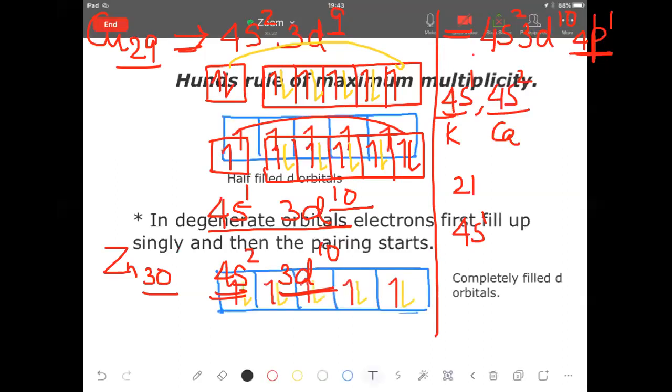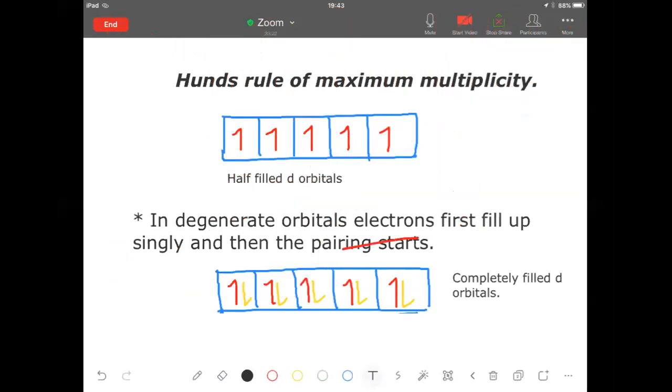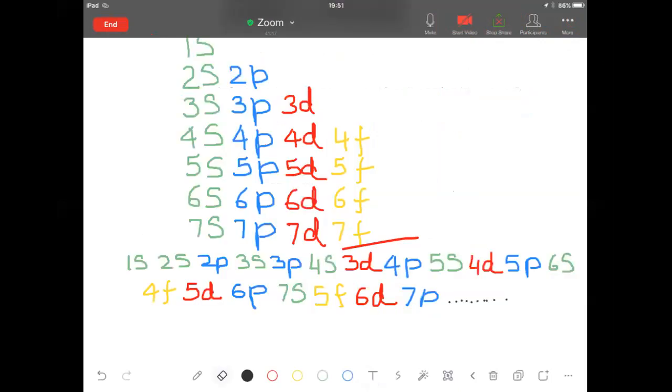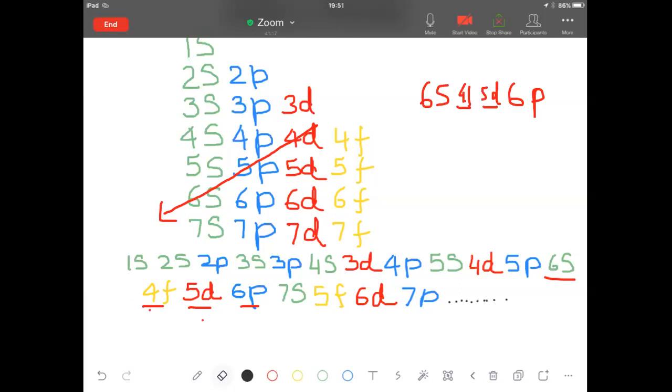All right, if we are talking about, let us say this table here, this is the table that we did, right? Okay, this table here, if you see after 6s, let us say this is the order in which you are filling up the electron. So after 6s, it is 4f, then 5d, then 6p. So between 6s and 6p, there are 2 more orbitals which are being filled up. All right, so that is 4f and 5d. So after 6s, it is 4f, then 5d. All right, so in this case also the same thing will happen.